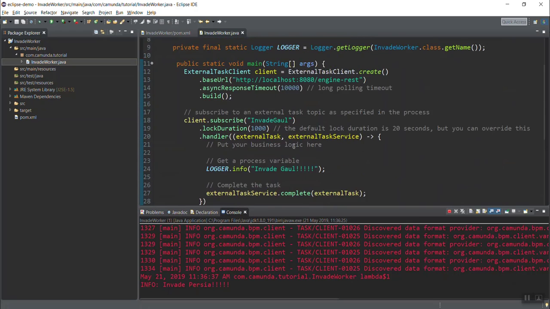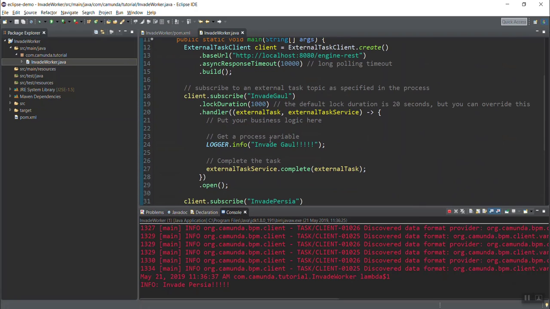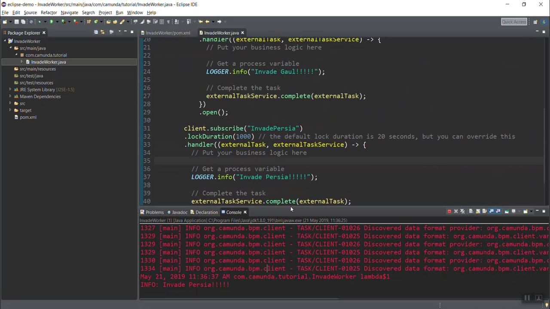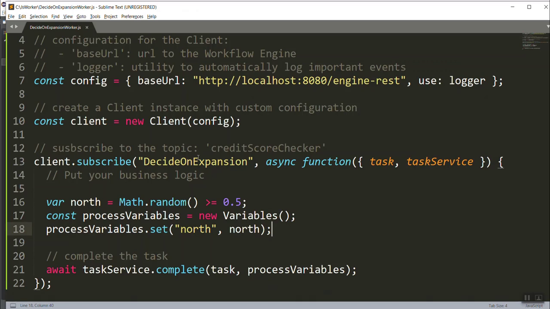Okay, so now we have a Java worker that is subscribed to do work that involves invading places, and we also have a JavaScript worker that is running here that is actually deciding on the expansion, and both being independent, they are both essentially subscribed to the engine and just waiting there until their work becomes available.